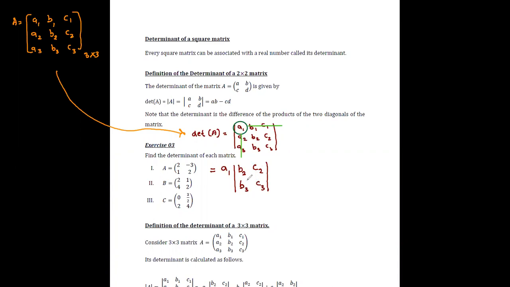Now it is quite similar to obtaining the determinant of a 2 by 2 matrix. Actually, this is obtaining the determinant of a 2 by 2 matrix, because you have cut down all the other elements and now the remaining elements are in the form of a 2 by 2 matrix. Since we have finished with the remaining elements, now we have to move to the second element in the first row.